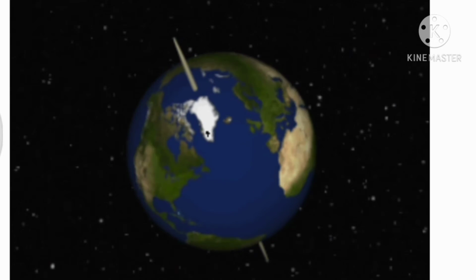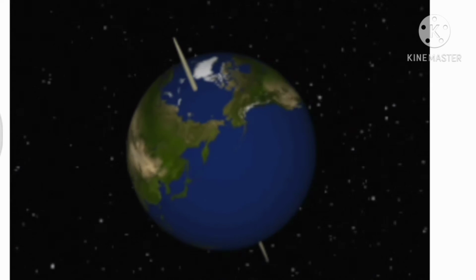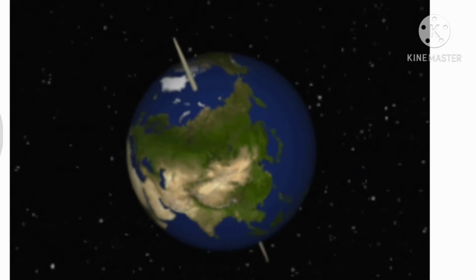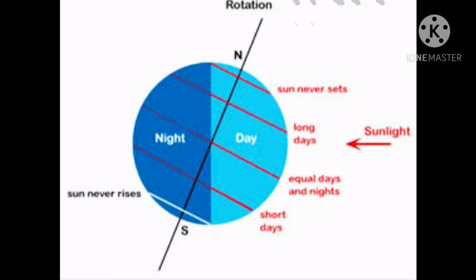You can see here the center one, the white color stick-like thing is there, no? That is called the axis. Earth rotates on its own axis. A good globe helps us to understand the inclination of the axis. Inclination means the degree of tilting or sloping of the axis.